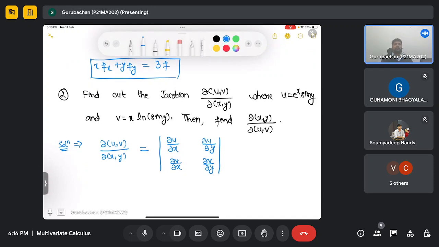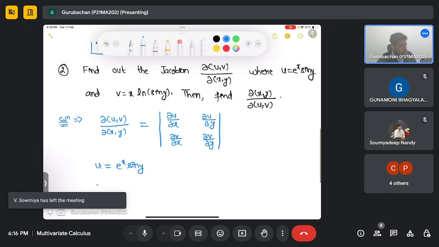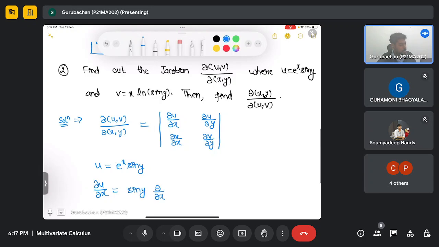Now we know that the value of u is e to the power x sin y and the value of v is x ln sin y. So we need to find the partial derivatives of u and v with respect to x and y. First, let us find the partial derivative of u with respect to x. So del u over del x: we will treat y as an independent variable, and differentiate only e to the power x, which comes out to be again e to the power x